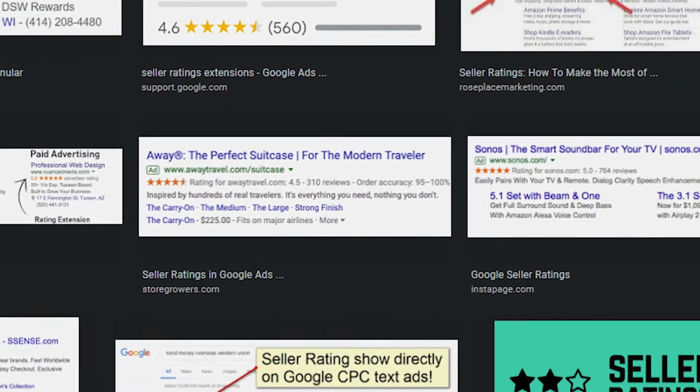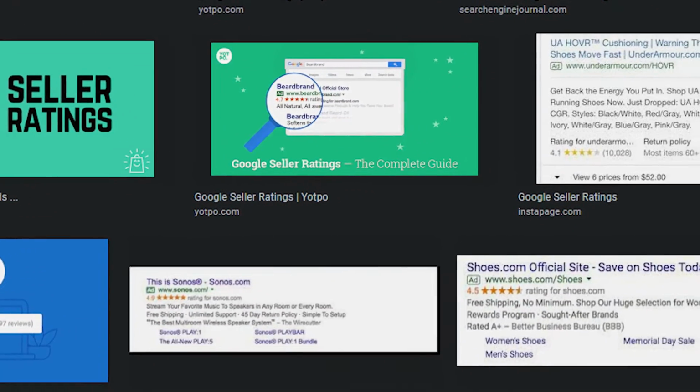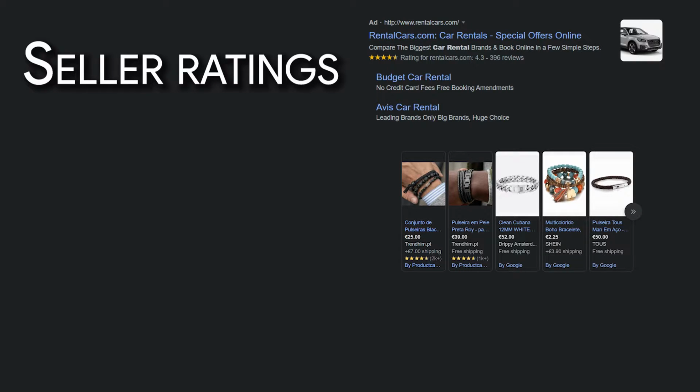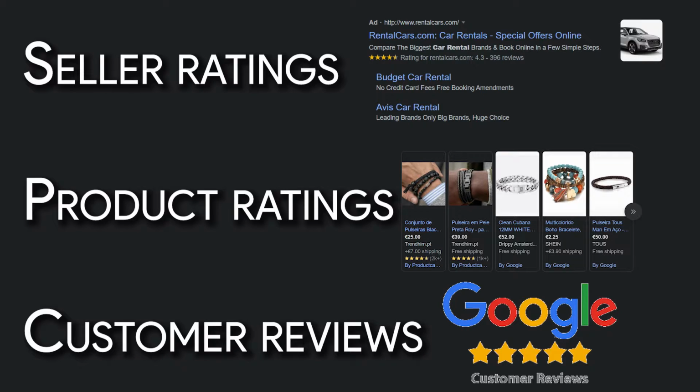Before I get into the details of seller ratings, first we need to clarify some terms that advertisers often mix up. Seller ratings serve on search, and you might think you've also seen them on shopping ads, but these are product ratings or product reviews. Seller ratings are reviews of a business as a whole and serve as automated extensions. Product ratings are reviews of a specific product, and there's a different manual setup for that. Then there's another term that confuses people: customer reviews. Google Customer Reviews is a program you can sign up for that can help you gather reviews for both seller